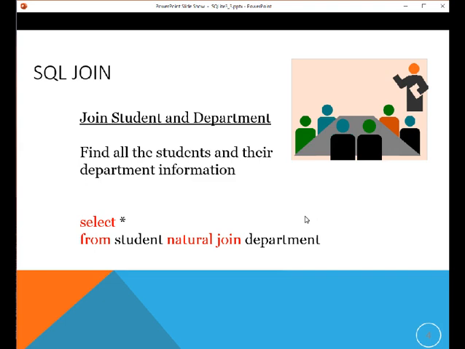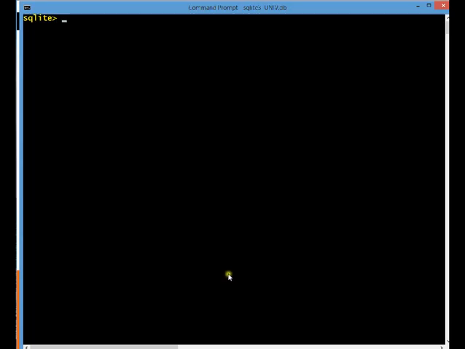The SQL syntax there is from and natural join. We put in the tables we're interested in, the student table, natural join to the department table. So let's go ahead and take a look at this in SQLite. So I'll say select star, enter, from student, natural join department,